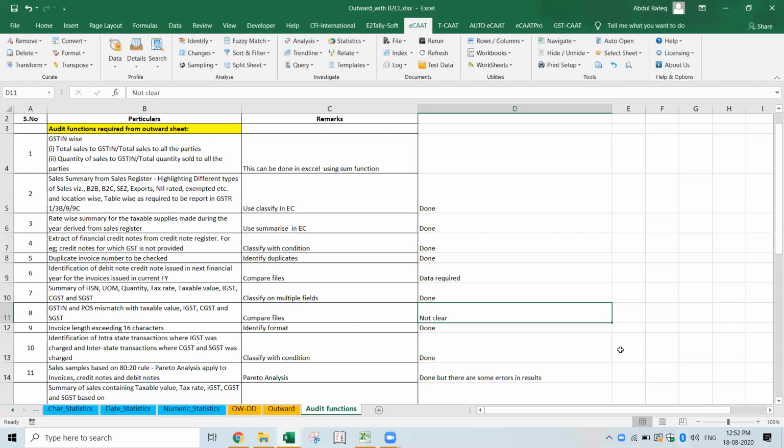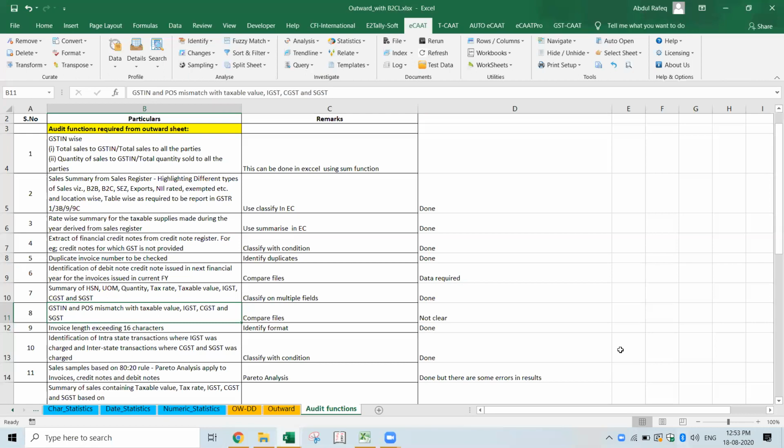Then let's come to GSTN and POS mismatch to taxable value, IGST, CGST, SGST. What do I mean by this? In your initial sheets, you mentioned the recipient GST number, where the initial characters indicate the state, like 36 or 33.